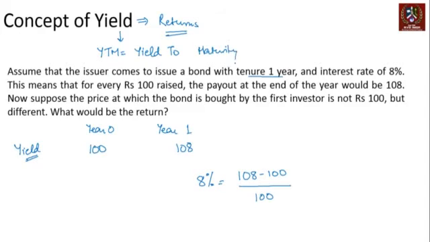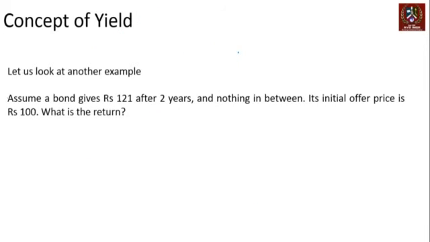In simple words, what is the return that you're going to make on the bond if you hold it to maturity, right? Let's take another example. Assume a bond gives 121 after 2 years and nothing in between. What is the return? So now you're saying in year 0, you pay 100. In year 1, there is nothing. In year 2, there is a 121 payment, right? Now, theoretically speaking, you would realize this number is going to be about 10%, because if you invest 100 rupees today at 10%, then after 2 years,